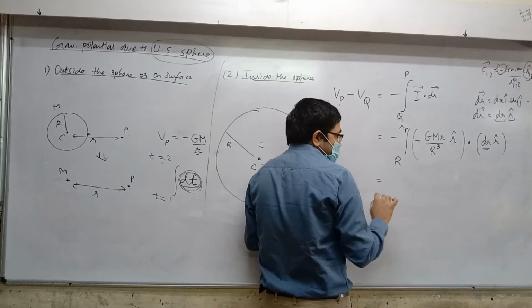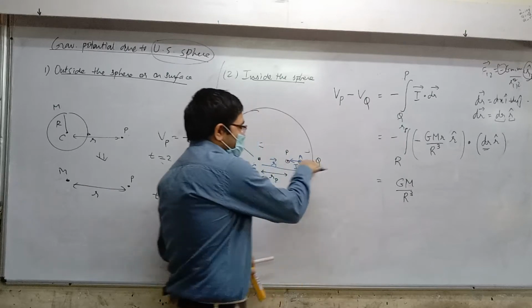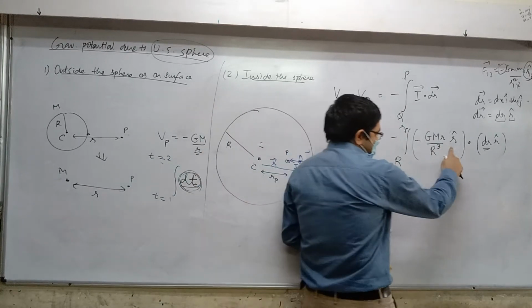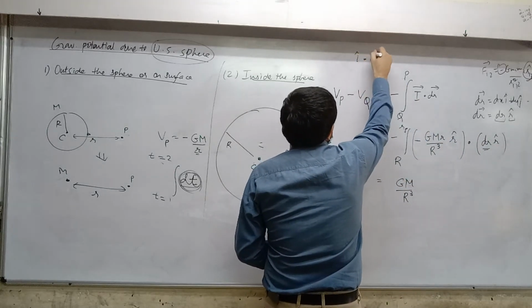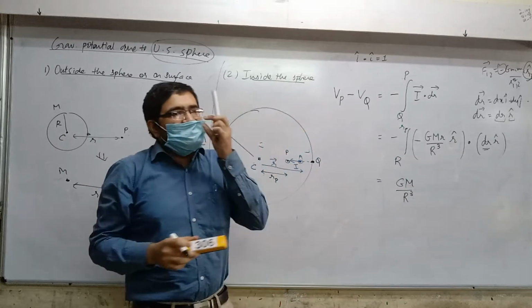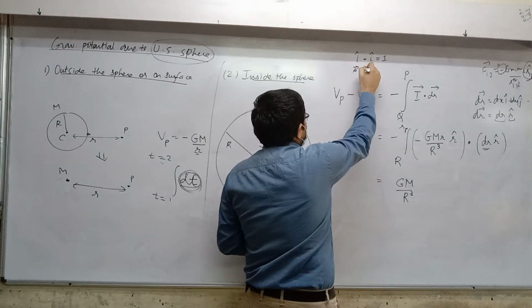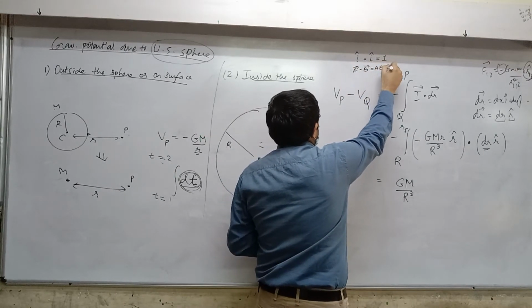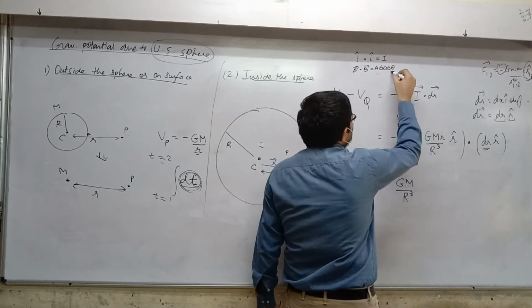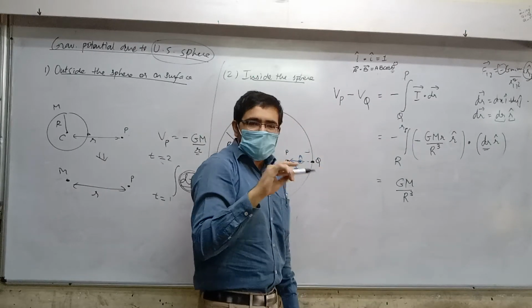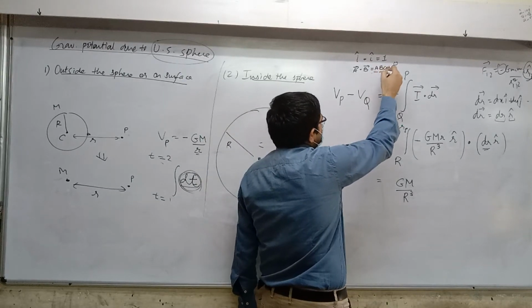Minus minus plus. G constant, capital M constant, radius of the sphere constant. You move radius of the sphere out. Okay, now r hat dot r hat are vectors. Do you remember what is i hat dot i hat? 1. Cross would be zero. Because the dot product formula is a vector dot b vector equals a b cos theta. If you use that here, r hat dot r hat have angle 0, so cos value is 1, and these two are unit vectors.